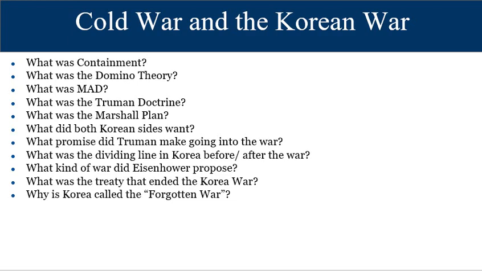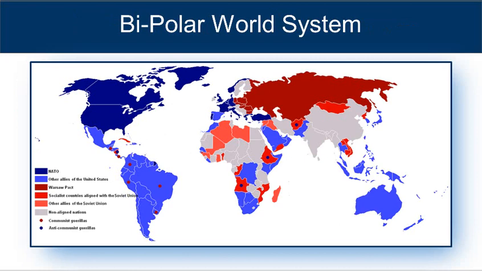Alright, so starting with the Cold War. The Cold War begins in 1945, shortly after the close of World War II. We have a system now in place that's called a bipolar system. So basically what that means is the United States is one pole and Russia is the other pole. And if you think of this like metal shavings and having two magnets, the United States and Russia are pulling all of these other countries to their sides.